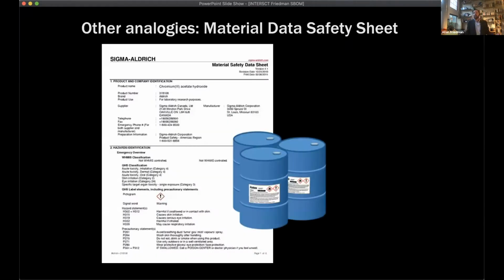Now, there are some other analogies. This isn't just a food metaphor. There are other industries where we have this kind of approach. So there's an international standard, an ISO standard for material data safety sheet, where if you run a factory, you get a bunch of large containers of chemicals. Each of them comes with a thing that says, hey, this is what you do if this thing spills all over Steve's feet. And now we know how to clean up after this. This is the basic transparency we have.